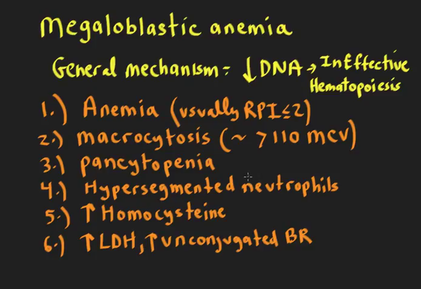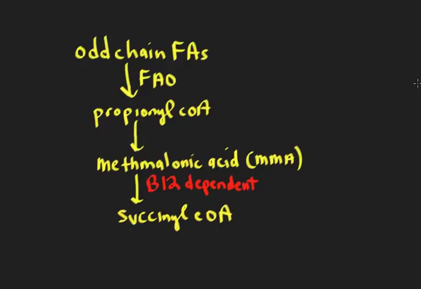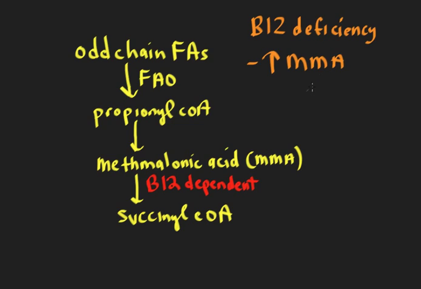All right. Now, all of these are features of megaloblastic anemia. And we said that B12 is special and different because it does some other stuff. So when you have a B12 deficiency, and we're going to go back to our picture over here, there's a couple of other things that you get. So we'll say B12 deficiency, and we're just going to put it here because this is going to help us remember. You get a couple of other things because you have B12 involved in this pathway here. You get an increase in MMA. And we said that you also get some neurological